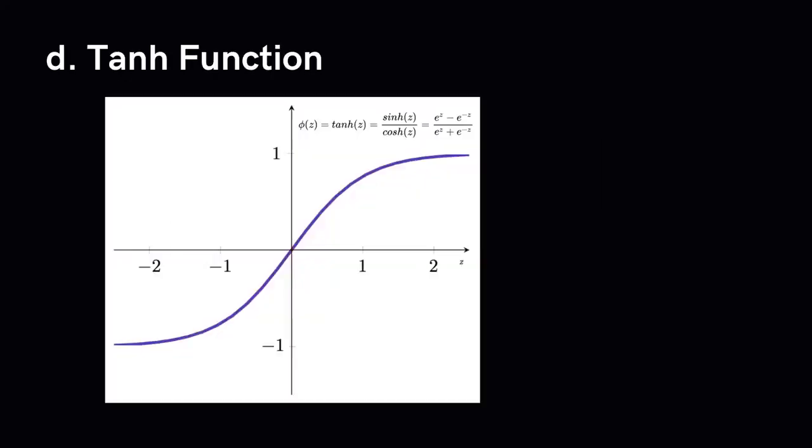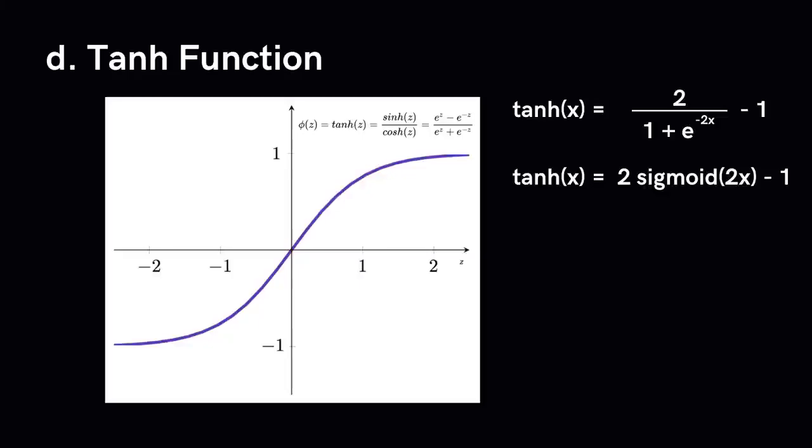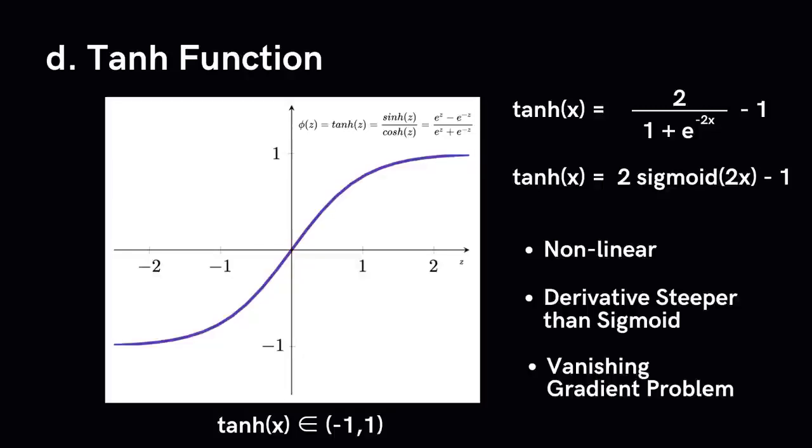Another activation function that is used is the tanh function. This looks very similar to the sigmoid. In fact, mathematically, this is what's known as a shifted sigmoid function. Okay, so like the sigmoid, it has characteristics that we discussed above. It is non-linear in nature, so we can stack layers. It is bound to a range from negative 1 to 1, so there's no worrying about the activations blowing up. The derivative of the tanh function, however, is steeper than that of the sigmoid. So deciding between the sigmoid and the tanh will really depend on your requirement of the gradient strength.